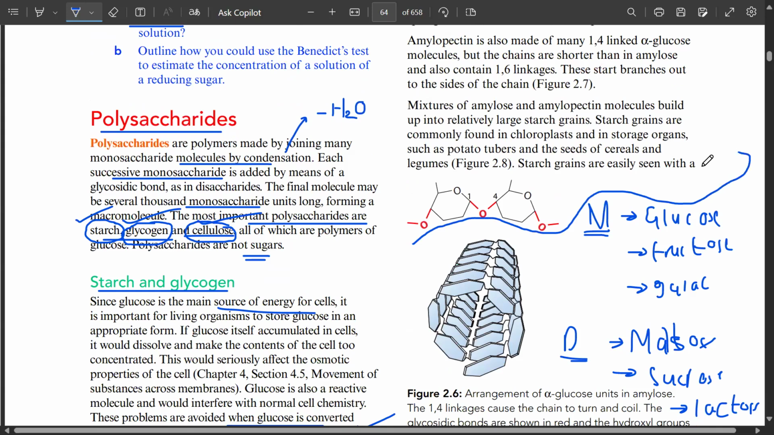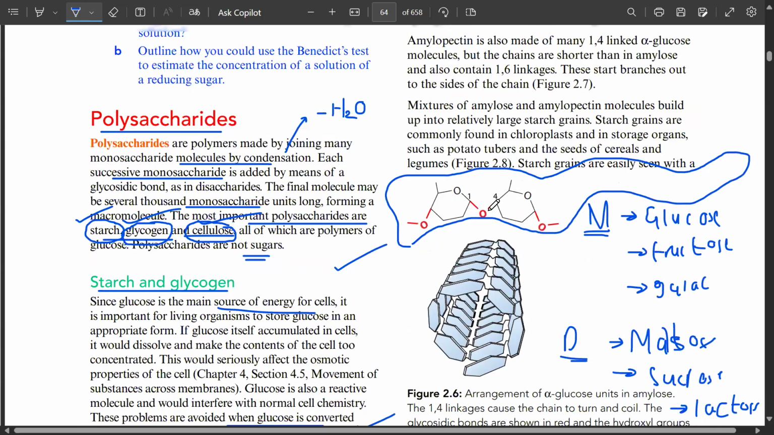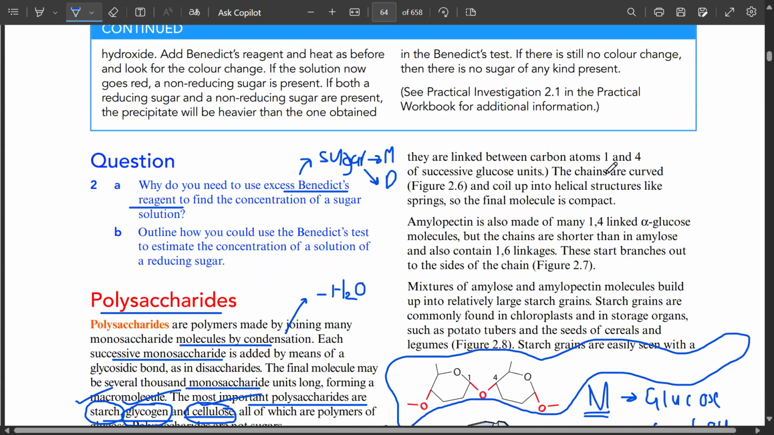This is known as amylose. Got it? Then what is amylopectin? Okay, and they would all be 1,4 linked. They are linked between carbon atoms 1,4 and the chains are curved and coiled up into helical structures like springs as well. But how is amylopectin different? Now this is amylose, which has 1,4 glycosidic linkages. Amylopectin would also have 1,6 glycosidic linkages,